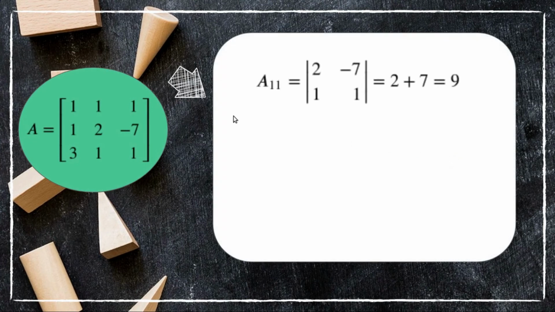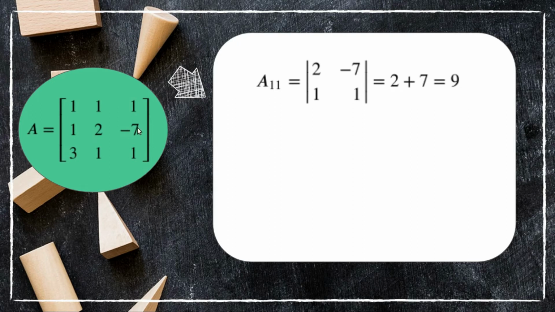To find A inverse, we know that A inverse equals 1 by determinant A into adjoint A. So we have to find adjoint A. To find the adjoint of A, we have to find cofactors. The cofactor of element a11 is denoted by capital A11, which is equal to (-1) raised to i plus j into Mij. Aij equals (-1) raised to i plus j Mij. Mij is the minor of a11, which is the determinant obtained by deleting the first row and first column.